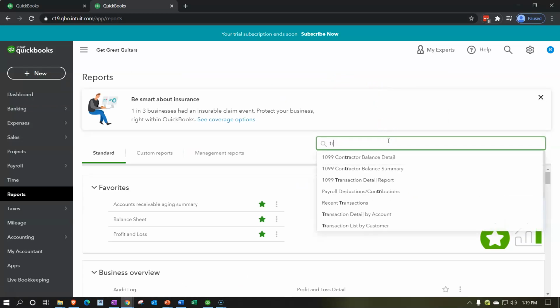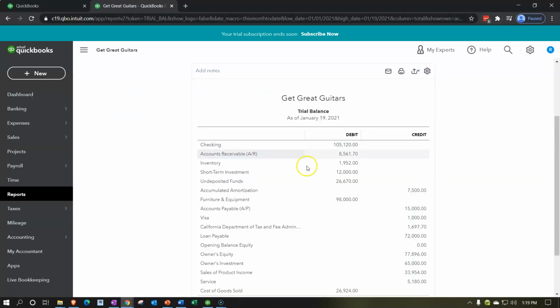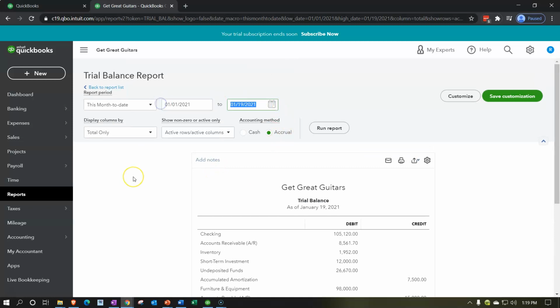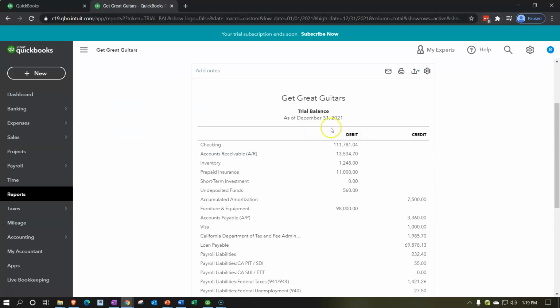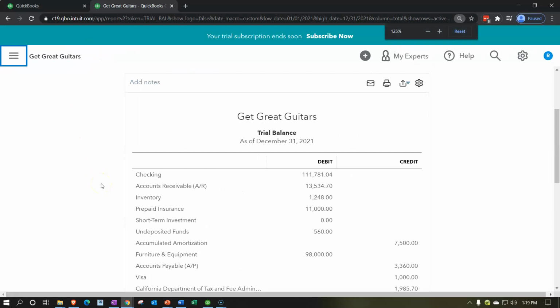balance. Trial balance. It's not a trail, but a trial. Range, change it up top to 123121. Run the report. Close up the hamburger, hold down control, scroll up just a bit to get up to that